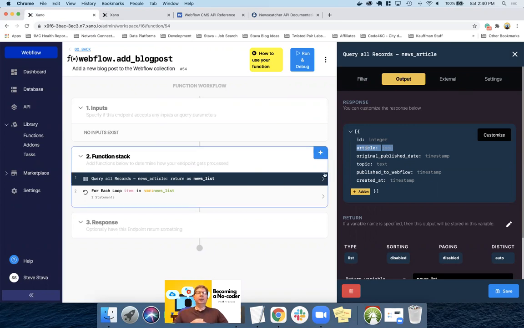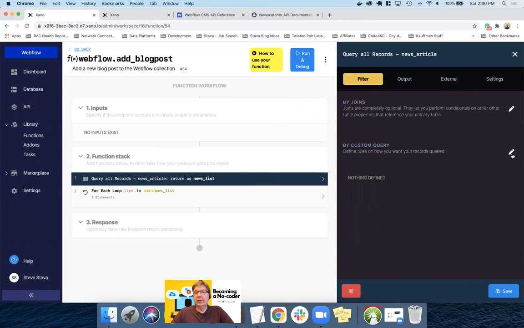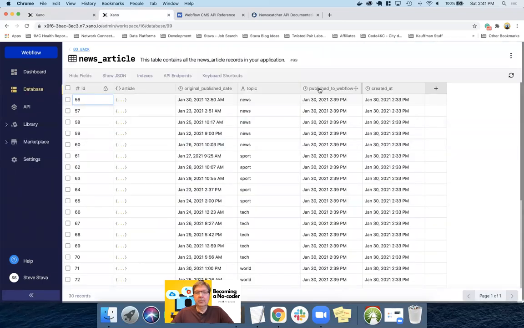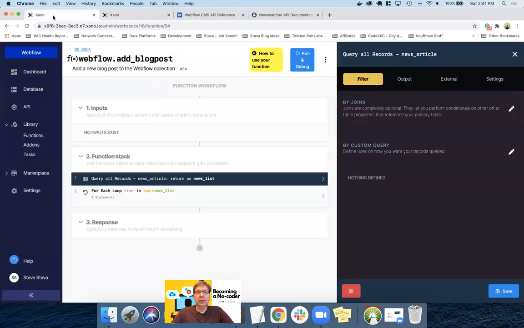What I'm getting at here, I think I've just been babbling for like 3 minutes straight saying nothing. What I'm looking to do here is create a filter that makes sure that I do not pull back anything that's already been published. So we'll clean that up next time and make sure that based on this published to Webflow column that,